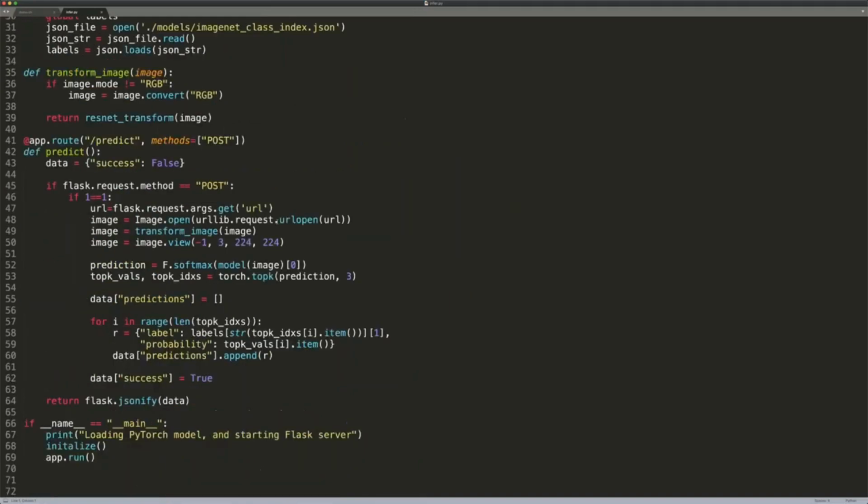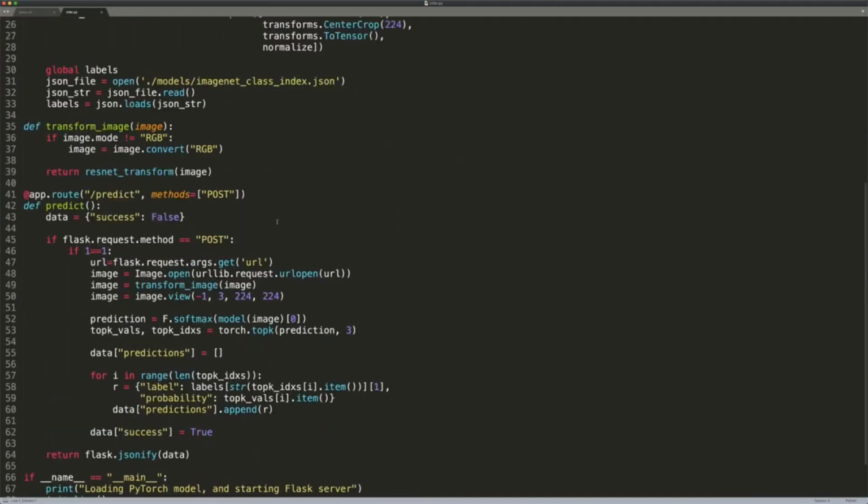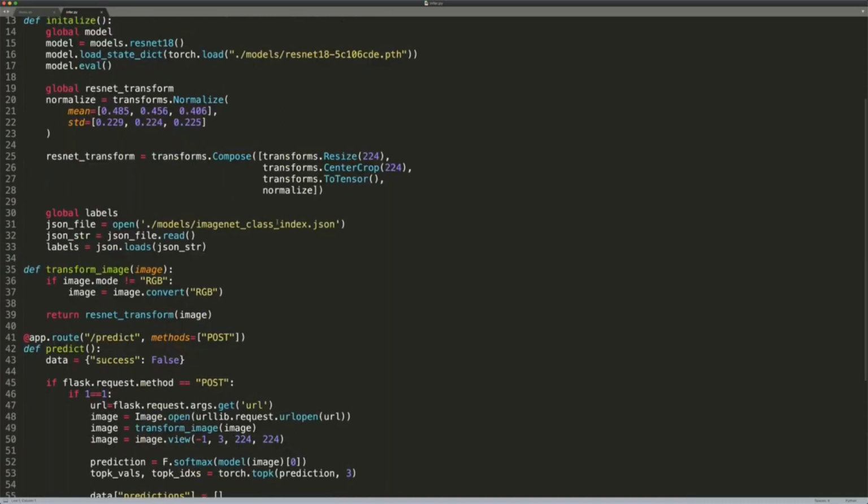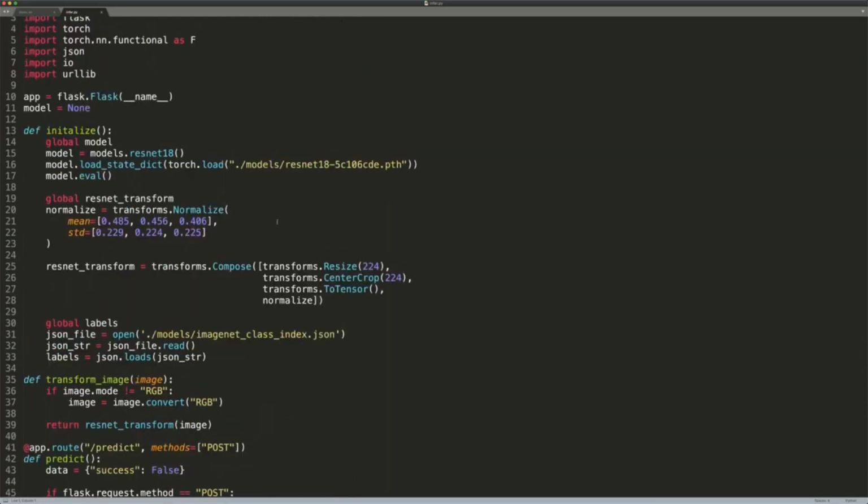Now what I actually do is, instead of downloading the model, actually PyTorch has a model zoo called the Torch Hub. So you can download it every time you are launching this. But in Lambda, every time you are invoking the Lambda function, it is going to download the ResNet model, which is going to take a long time.